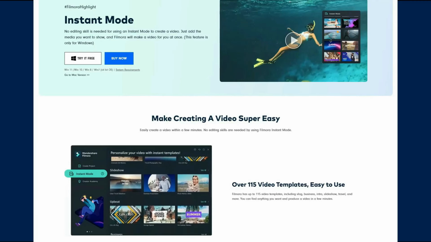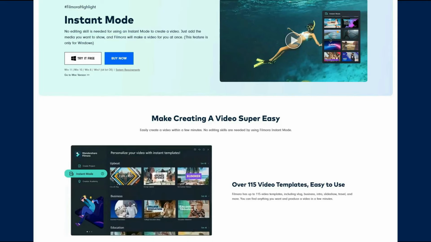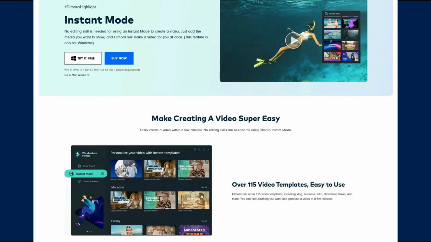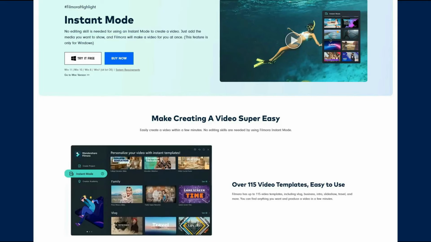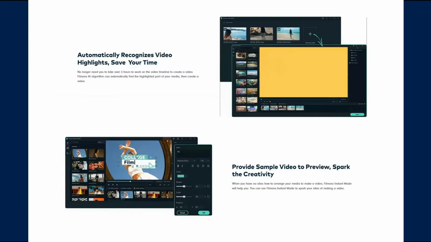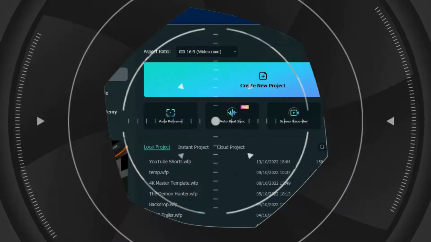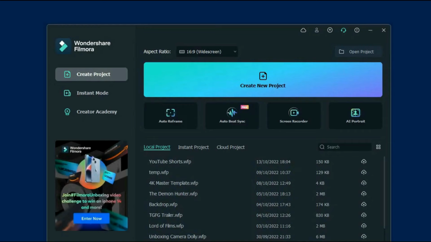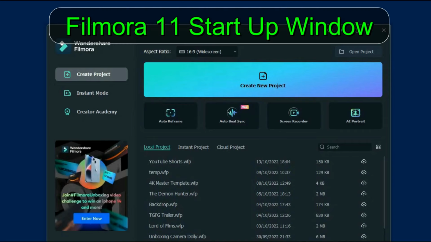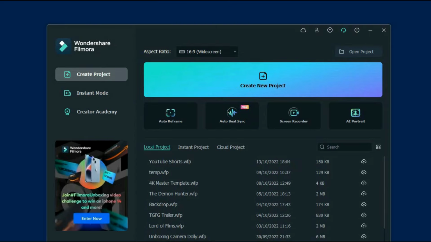So what is instant mode? Put simply, it allows you to create stunning and professional looking videos without any editing skills. All you need to do is add 5 clips or more and let the software do the rest. When you first open Filmora, you're greeted with this window, and on the left is instant mode. Clicking on that brings up the instant mode window,